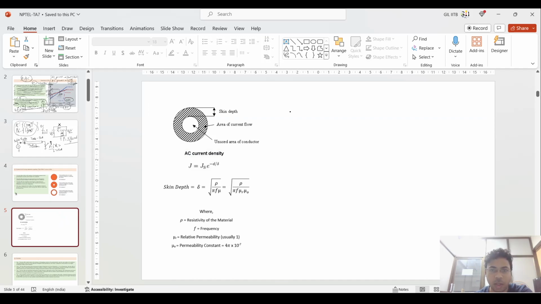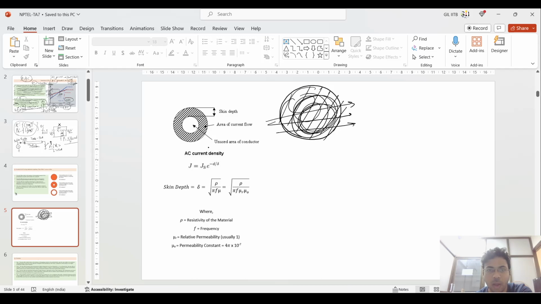Suppose this is a conductor and you wanted this current to pass through it. So you wanted this current to flow through this whole area of the conductor. But what happens is that due to higher frequencies,